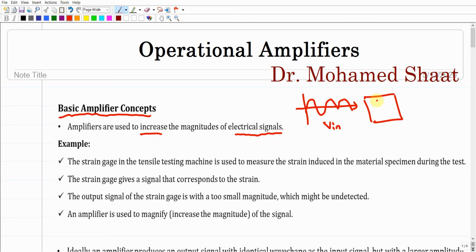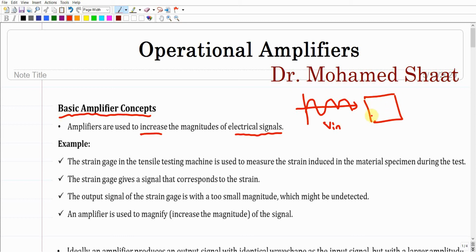So we have to put something here in between so we can do magnification of this signal. We're gonna increase the amplitude of the signal. This is the basic idea of the amplifier. So amplifiers generally are used to increase the magnitudes of electrical signals so we can make use of them. Because as I mentioned, if we are already delivering this input signal to an electrical component or